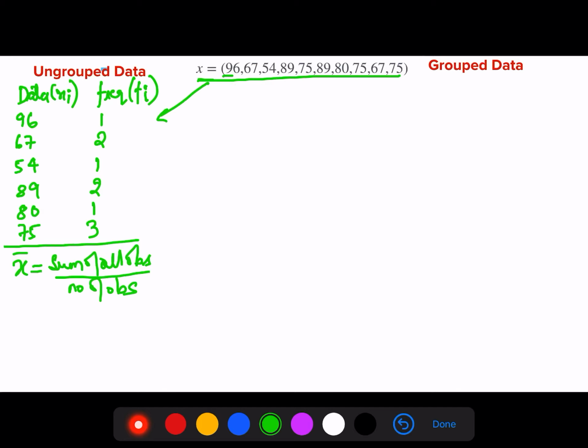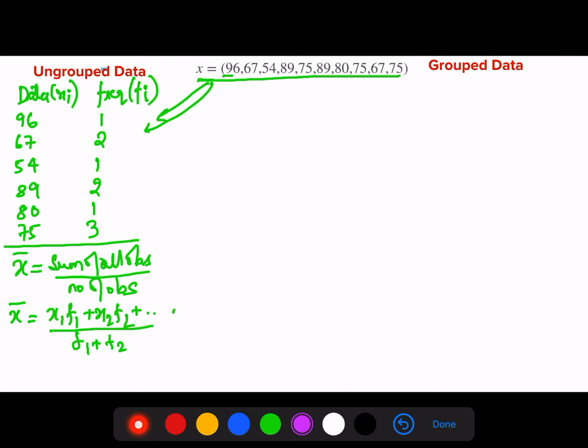But if you have converted your data into ungrouped data format, the other way is, you can sum up your data into frequency, that is x1, f1 for all your data points and so on, divided by sum of the frequencies.